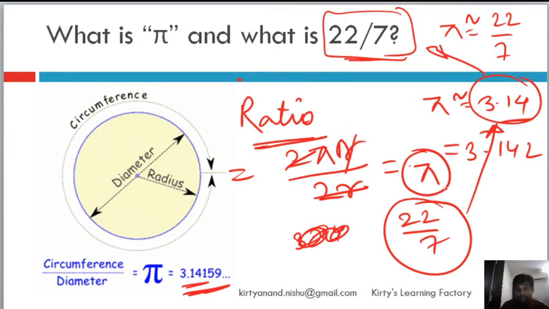So never ever get confused in examination. Sometimes they will ask you, is pi rational, and you will think that okay, pi is equal to 22/7, therefore p by q is not equal to 0, therefore rational. No friends, this is not pi, this is just an approximate value of pi. Hope your concept is clear.